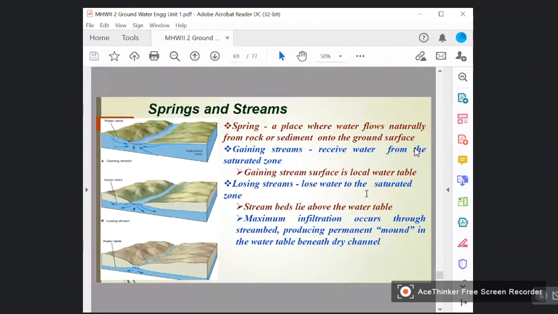The syllabus given for the first unit is very small and it contains only the introductory part. So we have learnt about various definitions, and then we have identified the various sources of groundwater, the classification of aquifers, and the classification of wells. So here I should add the difference between a spring and a stream.